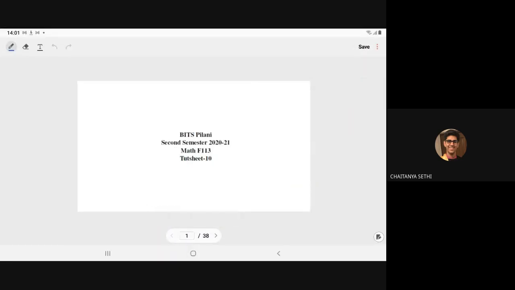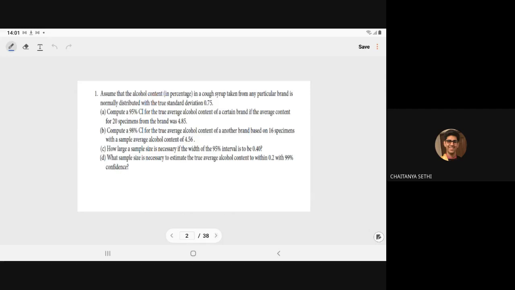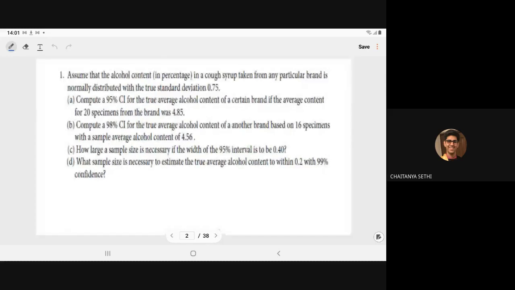So today we will discuss tutorial sheet 10. It is based on the confidence interval. Last time we covered confidence in sampling theory. So in the very first question,